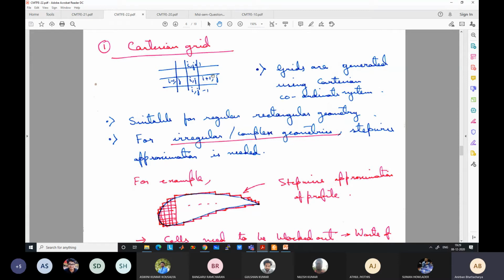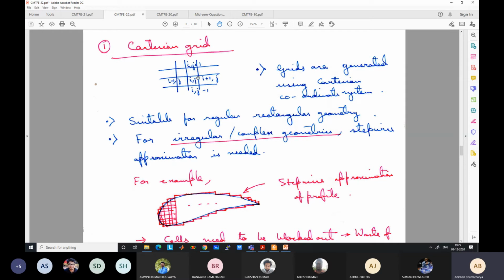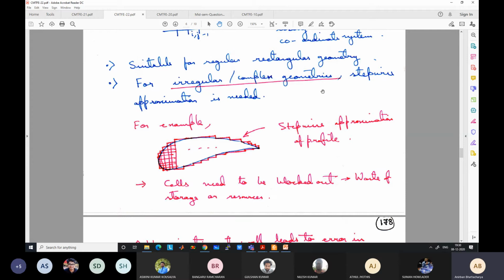Okay. As a result, if I just take a difference, that T i plus 1 comma j minus T i comma j, that will not give us the correct flux. So you have to devise some strategy to actually get the correct flux. It is much more complicated. So that's why, to get more accurate results, we should use Cartesian grids for rectangular or similar types of geometry instead of just generating default geometry in ANSYS. Okay, many students make that mistake.